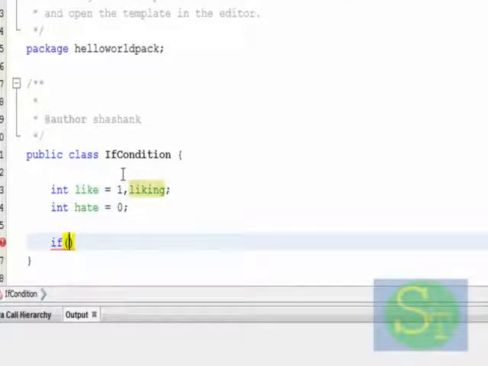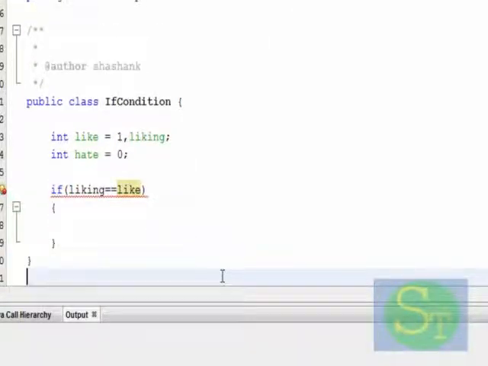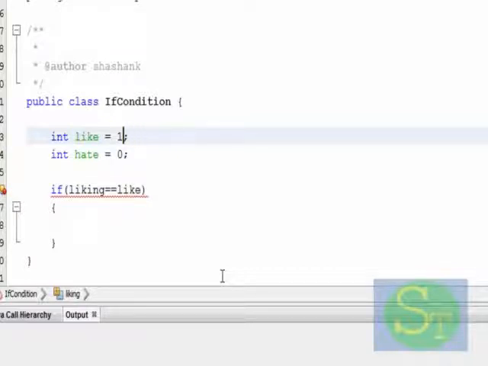Say if the liking, so here on comparison, say liking equal to like, so like this.